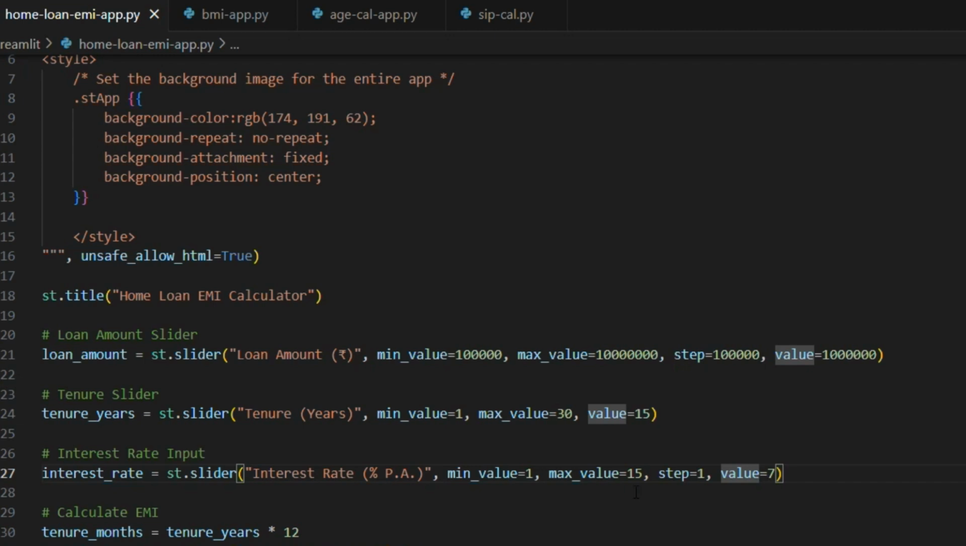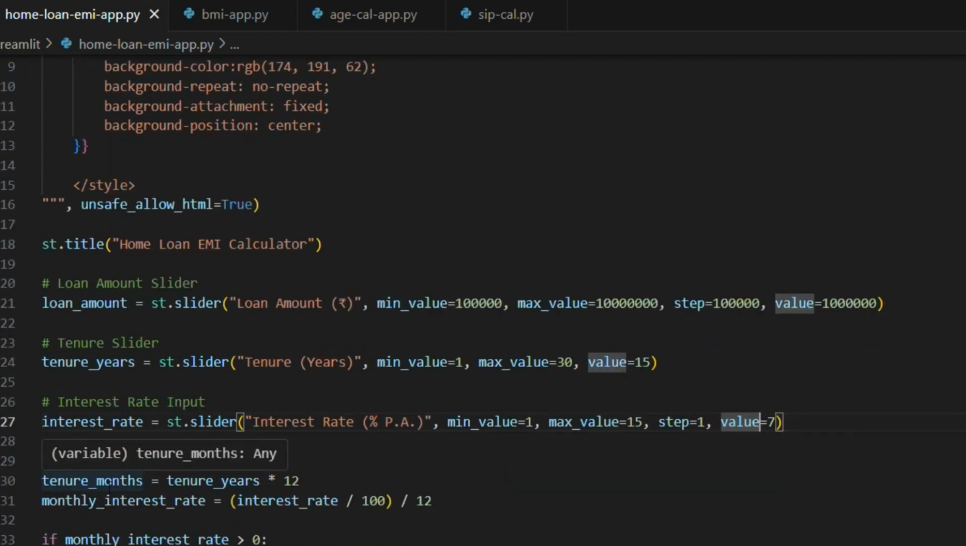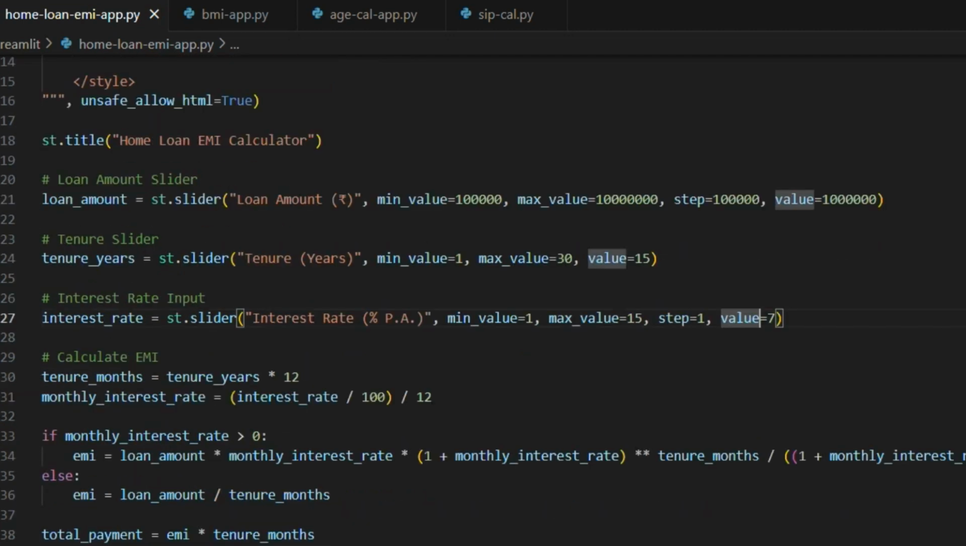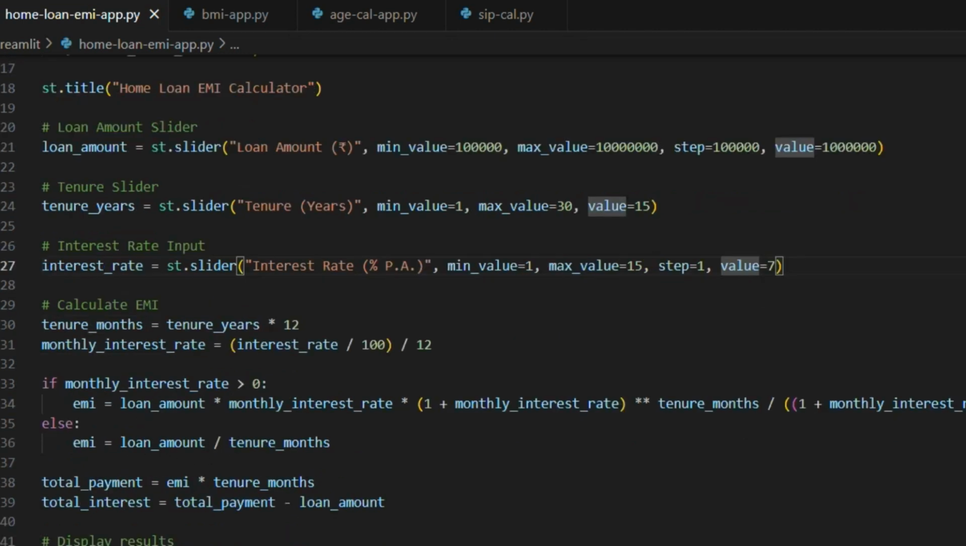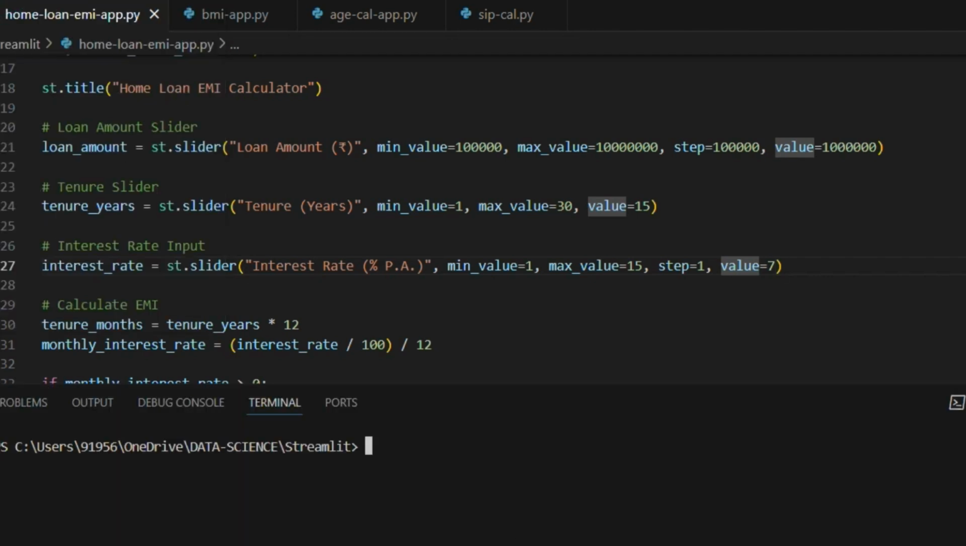Here I am not getting the float value, so I have integrated into the normal values only without any decimals. So based on the tenure months, tenure years into 12, total months, and monthly interest rate divided by 100 divided by 12, so it will get monthly interest rate. And based on this one, it will try to calculate the EMI. Now let us move here, new terminal, Streamlit run home loan